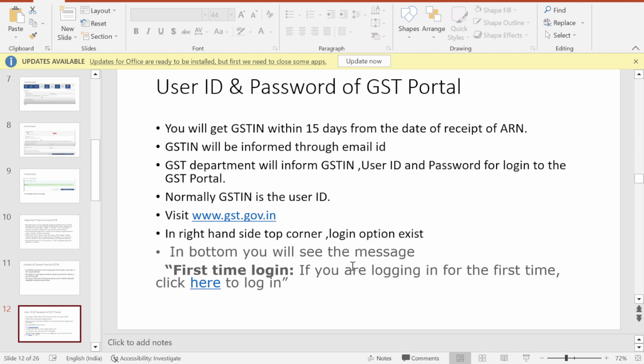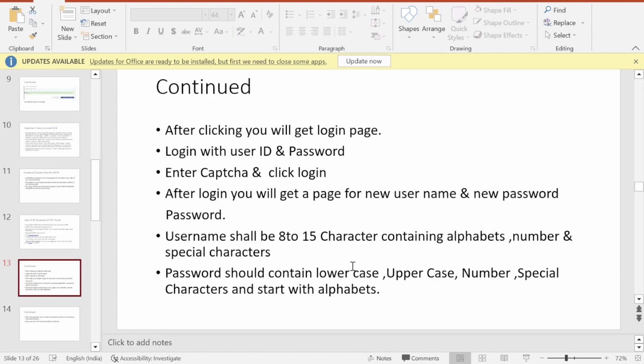So you have to click that place, and after clicking that place, the login page will open, where there is a provision of mentioning user ID and password. Just mention here the user ID and password which you have received from GST department in your email, and then as soon as you enter the user ID, one captcha will be displayed.